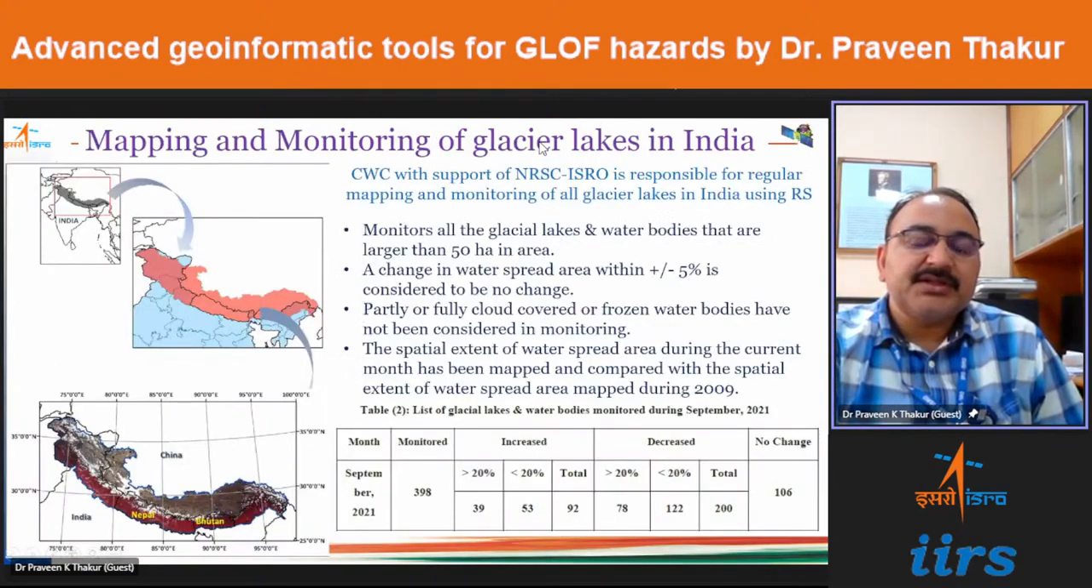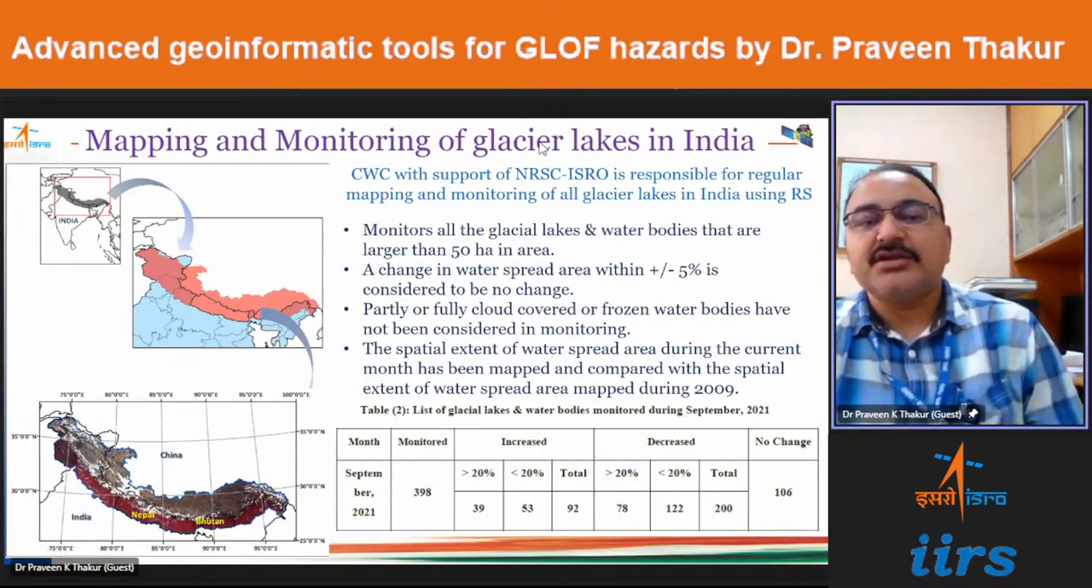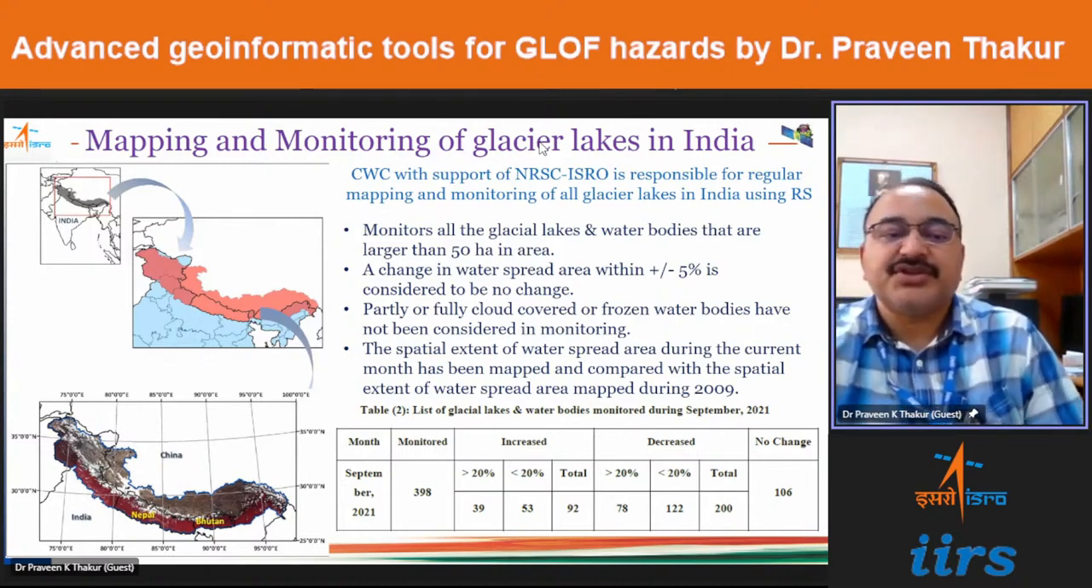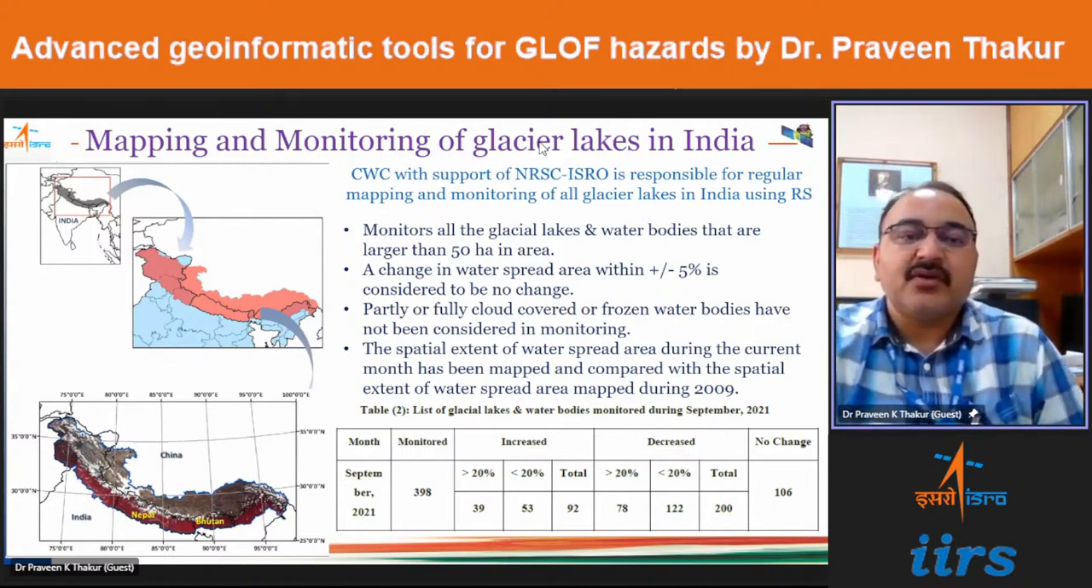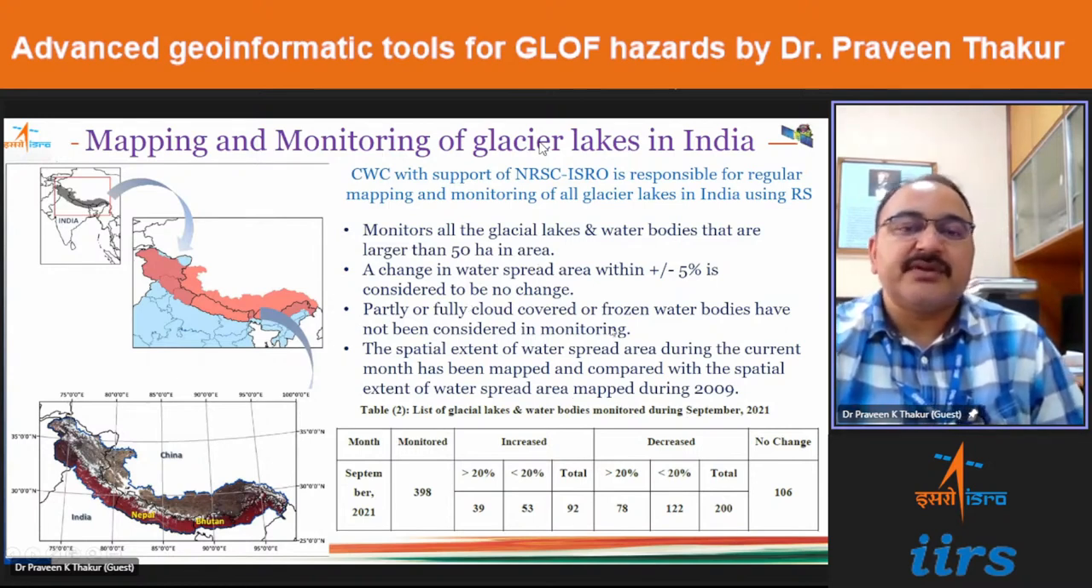Then this is the Himalayan region in India. ISRO and the Central Water Commission, which is the nodal agency for all the water related matters, have an active MOU, and they are regularly monitoring these lakes on a monthly basis, which are greater than 50 hectares in area. In addition to this, there is a water body information system of India also,